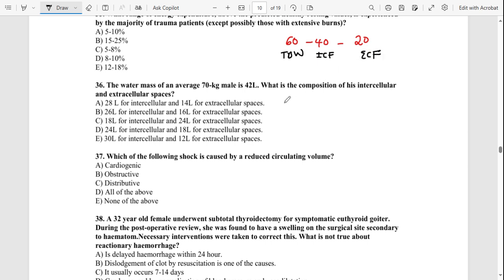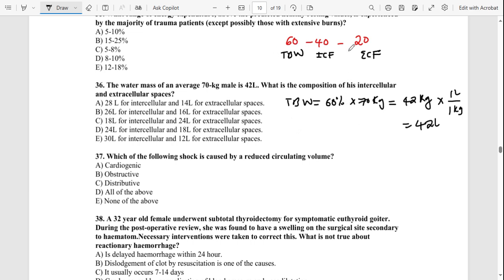Now, for an adult male, the total body water, since it is 60%, is going to be 60% of the weight. And the weight we consider to be 70 kg. So when you multiply 60 out of 100 times 70, this gives you 42 kg. Now the density of water is 1 kg per liter, so in 1 liter you basically have 1 kg. That's the density. So it gives you 42 liters. Now of these 42 liters,